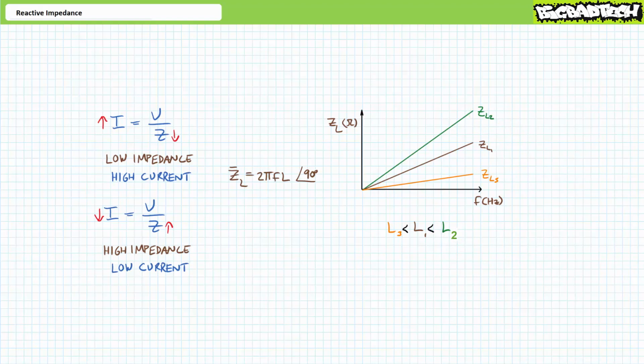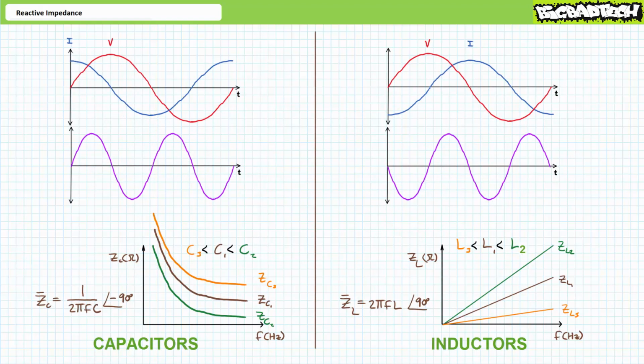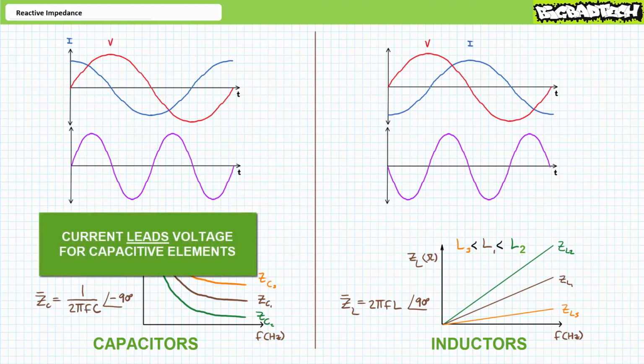All right, that about wraps it up for inductors. We learned why current lags voltage for inductive elements, and how frequency and inductive component magnitude influence impedance for inductors. Let's finish this lecture with a quick summary of what we learned by comparing and contrasting capacitors and inductors in AC systems. Current leads voltage for capacitive elements because a capacitor undergoes two back-to-back charge and discharges for a single